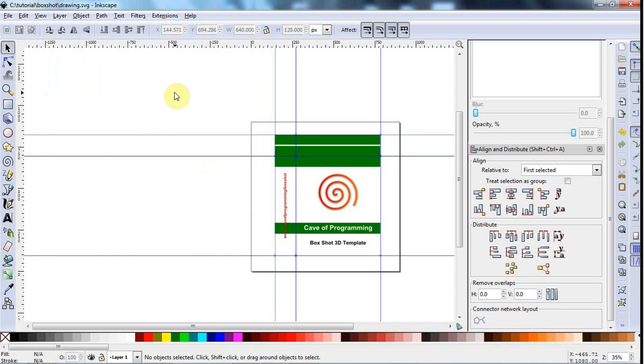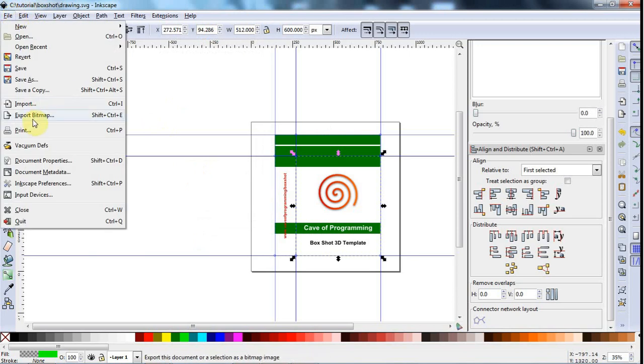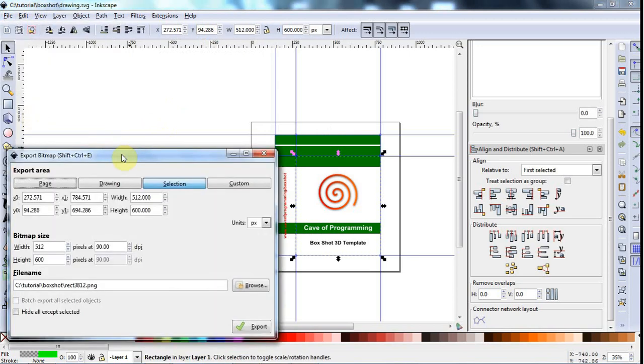And now to export these images, I just tab till I select the front, and then go to File, Export Bitmap. And I'm going to export this to a folder of my choosing. Make sure selection is highlighted here. I want to export the selection, and I'm just going to call this box. I would call it box front, but I've already got a box front, so let's call this